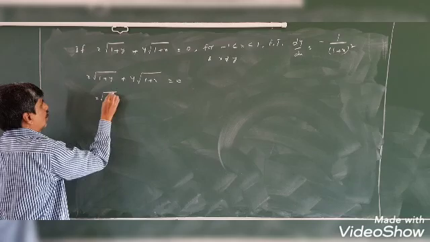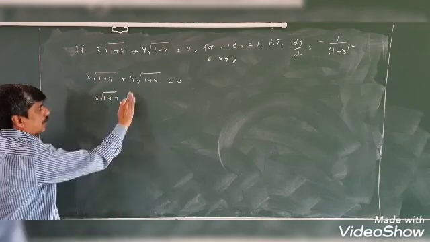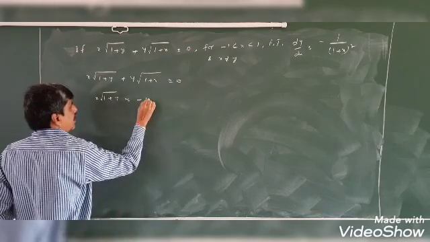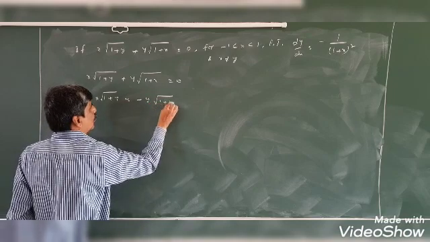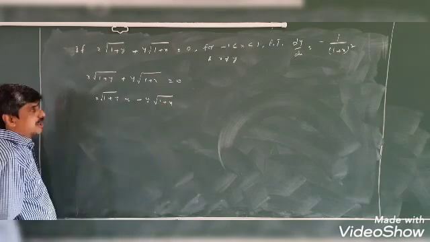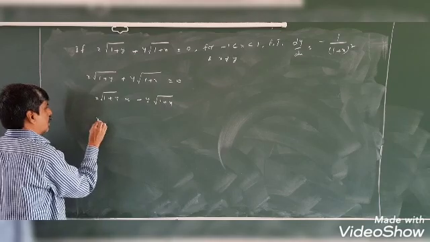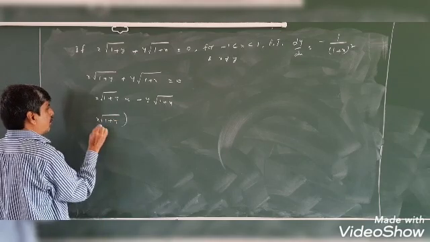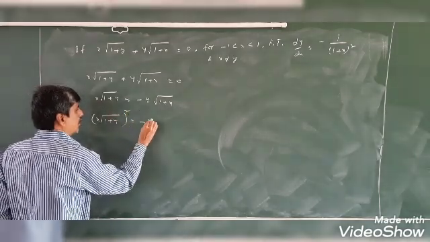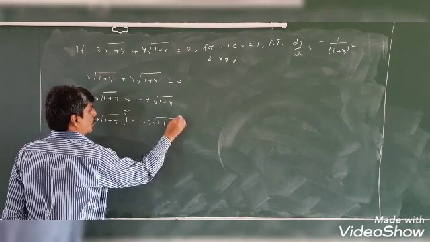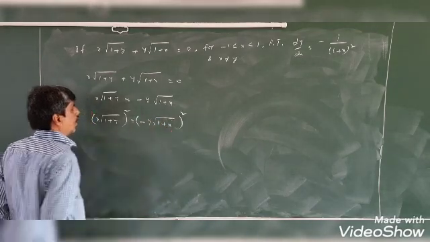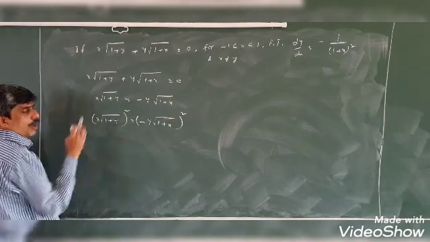So x into root over 1 plus y is equal to, this term shifted the other side, minus of y into root over 1 plus x. Squaring both sides, so x into root over 1 plus y whole square is equal to minus y into root over 1 plus x whole square. So (ab) whole power m,